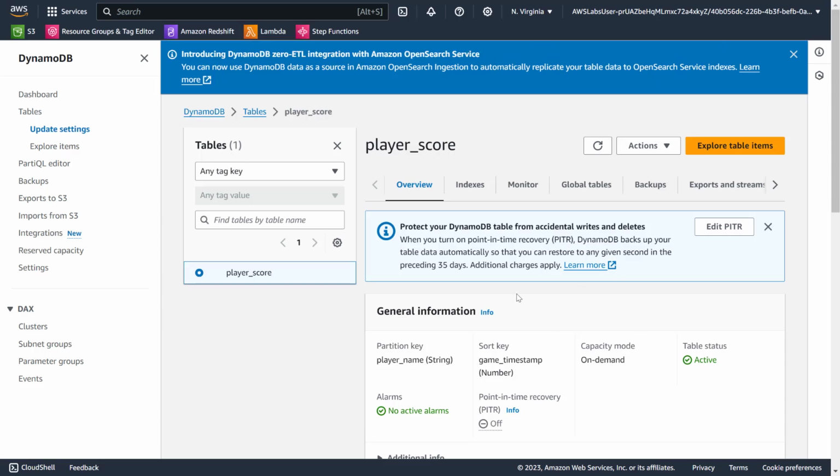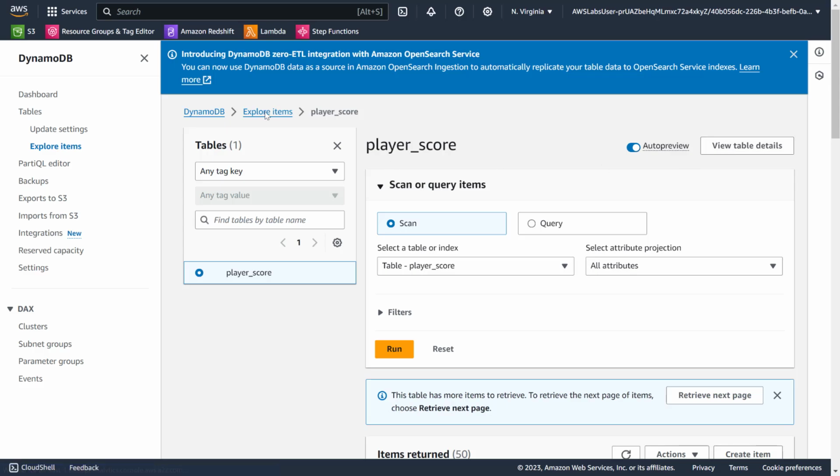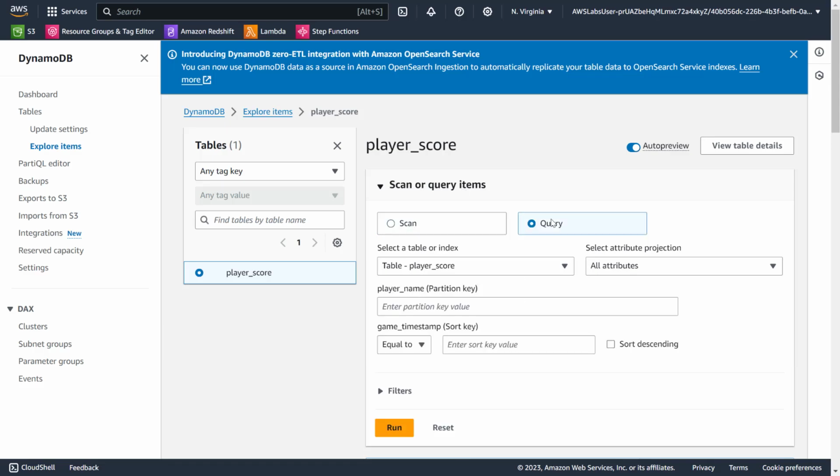Okay, what do we want to do here? We want to explore table items. So let's click that, explore table items, which is where we are here. And they've asked us to go into scan or query. Scan is a full table scan, it will return everything, but we want to do query. And as soon as you select query, you have to select a table or index.